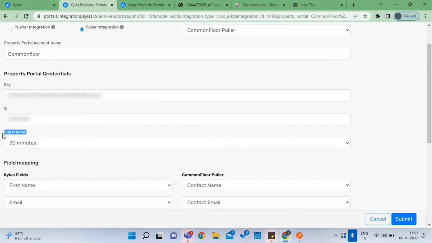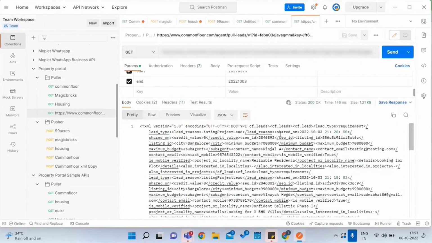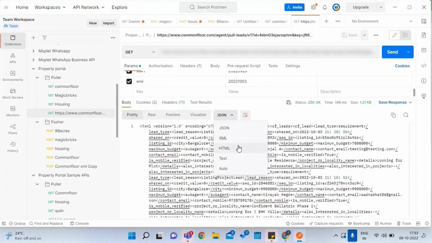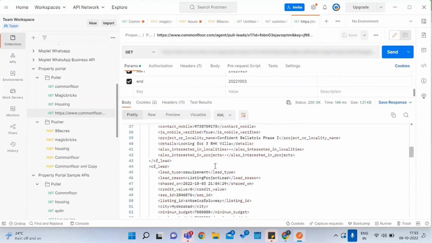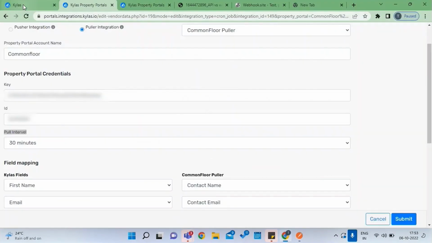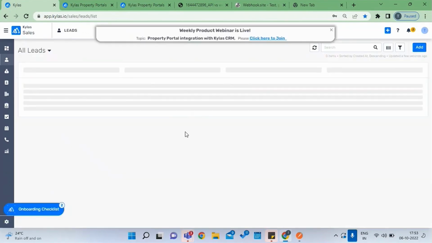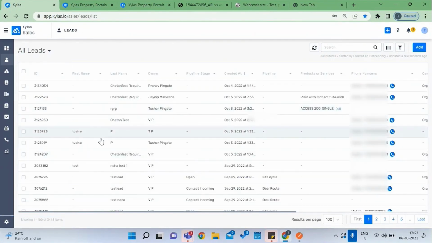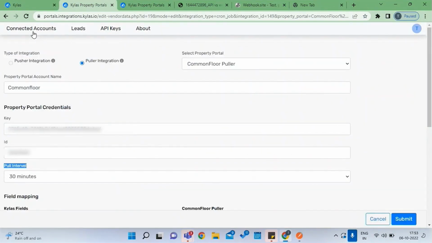You can see the poll interval is 30 minutes. So every 30 minutes, it will hit this URL, and it will fetch all the leads available on this account. Okay, every 30 minutes, and you will see all the leads in your Kylas. Also, if you want to see the fetched leads, you can just go to leads,